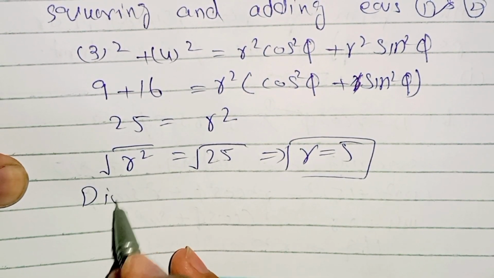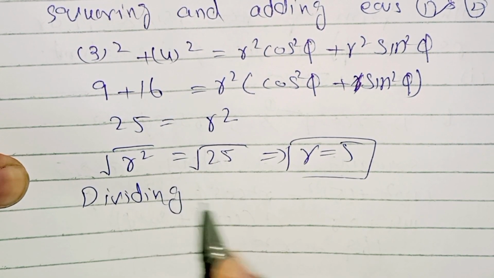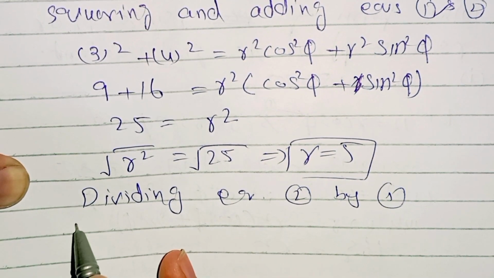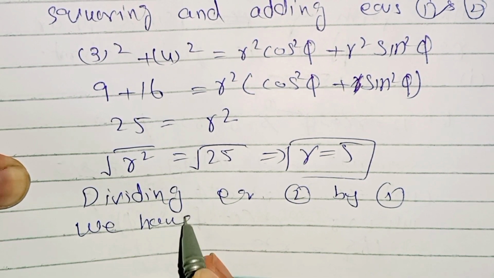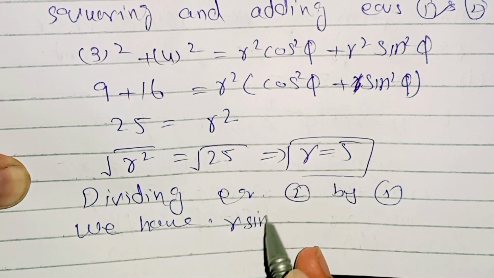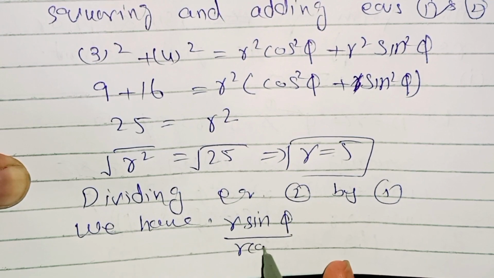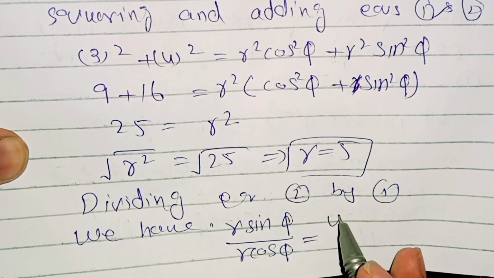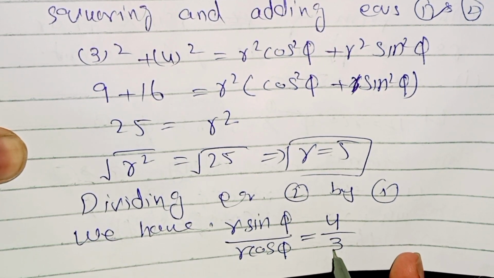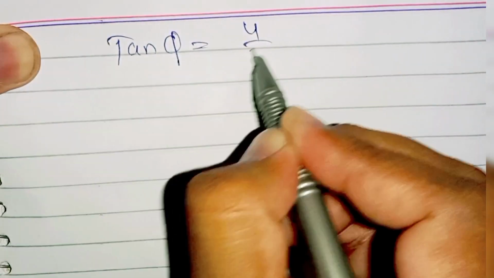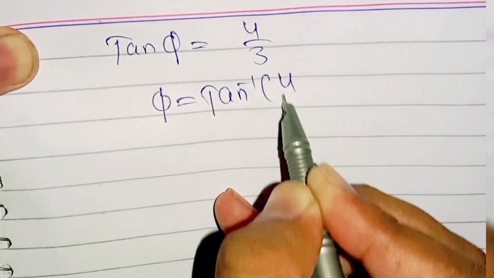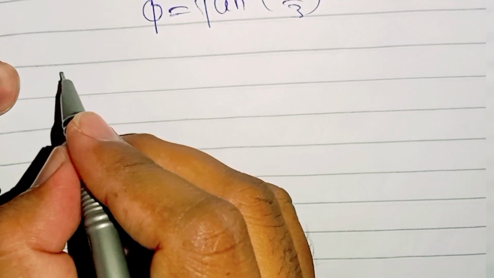Dividing equation 2 by 1, we have r sin phi over r cos phi is equal to 4 over 3. So we have tan phi is equal to 4 over 3 and phi is equal to tan inverse 4 over 3. The expression becomes